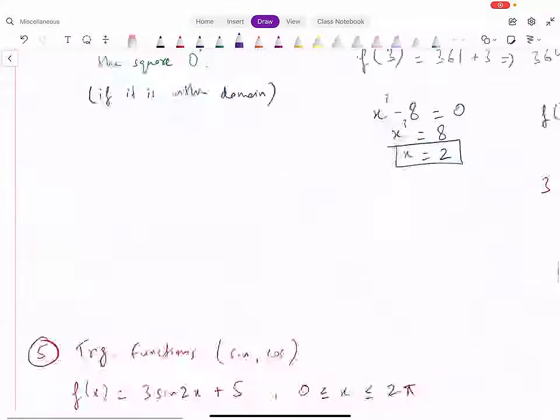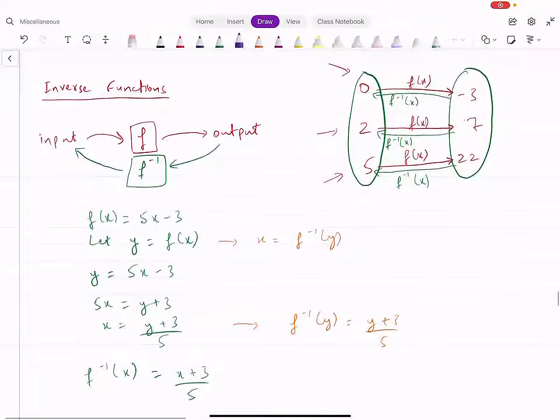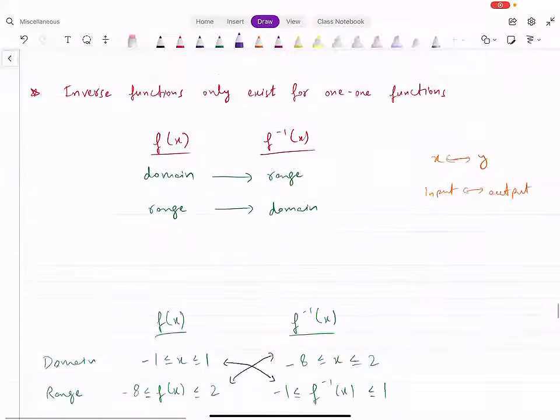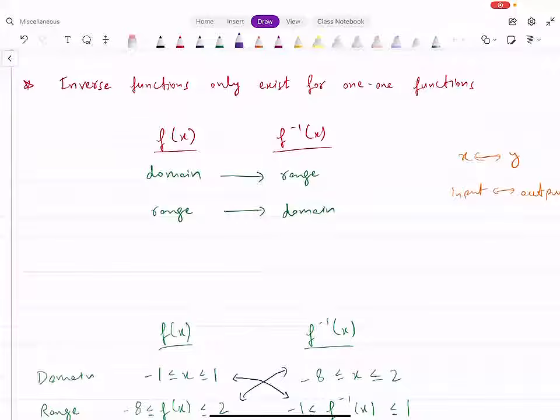इन सब के प्रोसेस आपको आने चाहिए, इनकी आपकी प्रैक्टिस होनी चाहिए। How do you find the inverse of a function? Linear function आपको O level से आते हैं, but how do you find the inverse of a quadratic function, वो सारा प्रोसेस आपको आना चाहिए। But remember, inverse only exists for one-to-one functions, और इसमें क्या होता है, डोमेन और रेंज किस तरह से आपकी फंक्शन की डोमेन आपकी किस तरह से इनवर्स की रेंज बन जाती है, और फंक्शन की रेंज आपकी किस तरह से इनवर्स की डोमेन बन जाती है, ये आपको पता होना चाहिए।